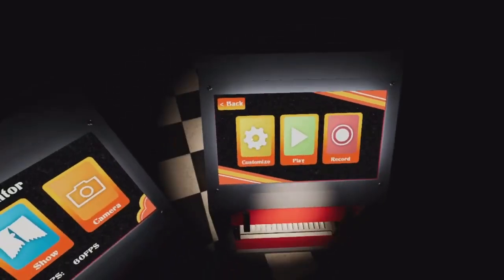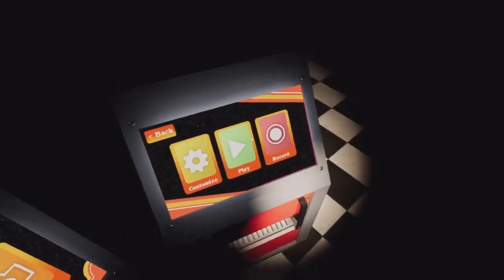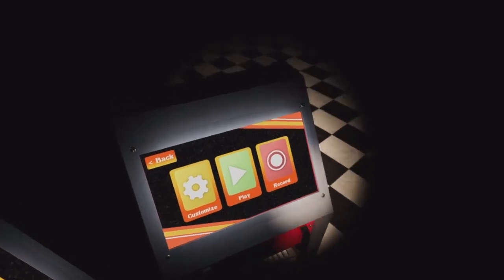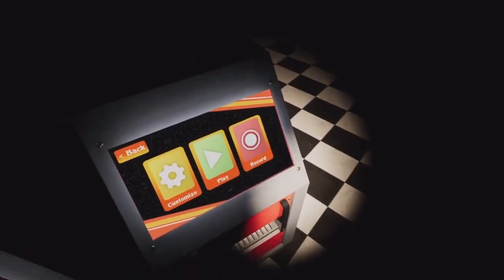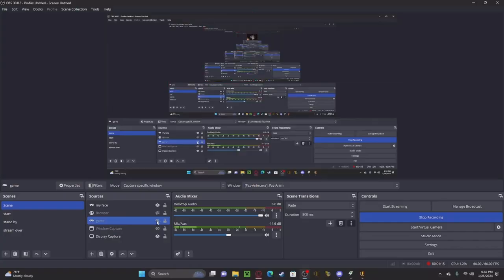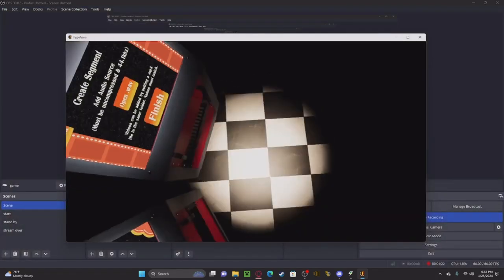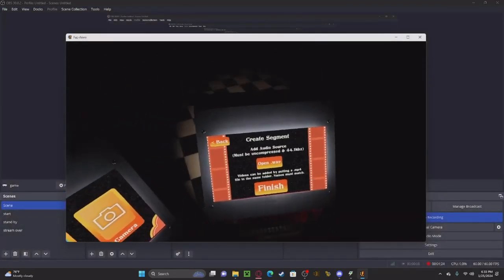Alright, so we are first going to click the main right one, and you got three options. This one has nothing for now. However, these two right here are the ones you're going to be using a lot. Alright, so the one we're going to be using to record shows is this one. We'll click this, we'll go to new recording, we're going to open a WAV file, and you are going to select a file here, right? Now we have our WAV file right here, and we're just going to add that in,